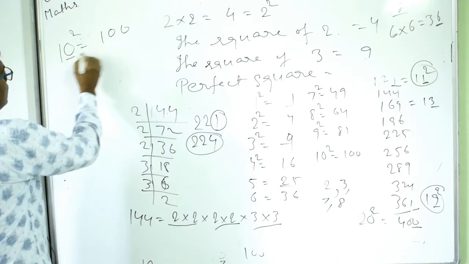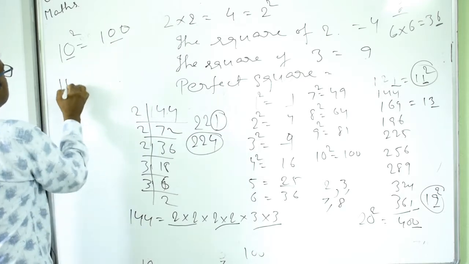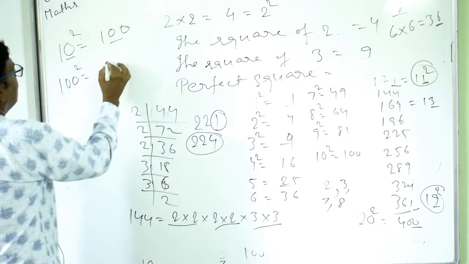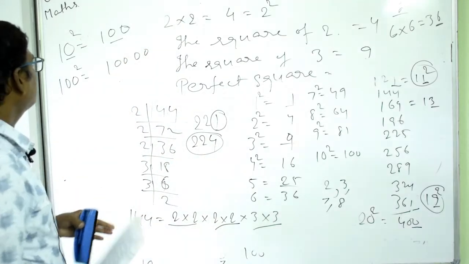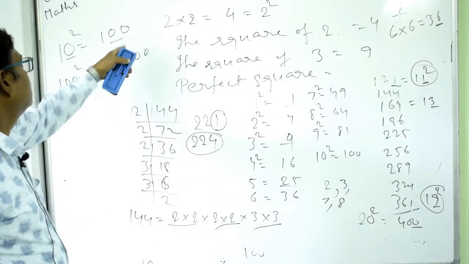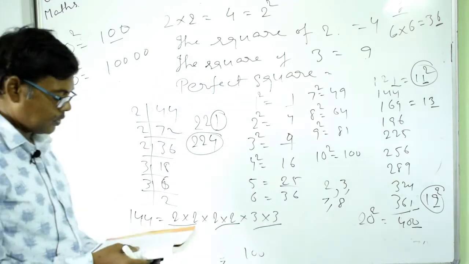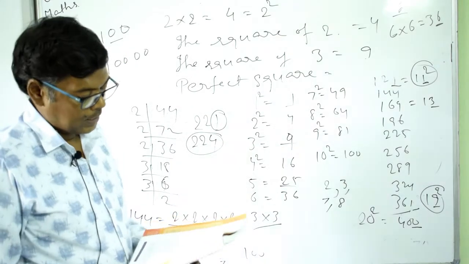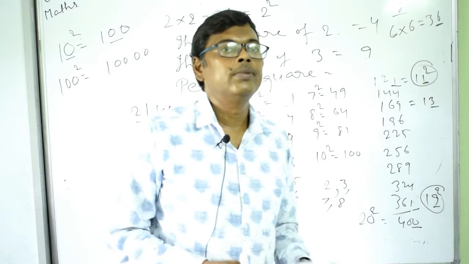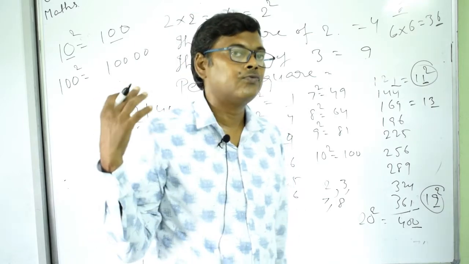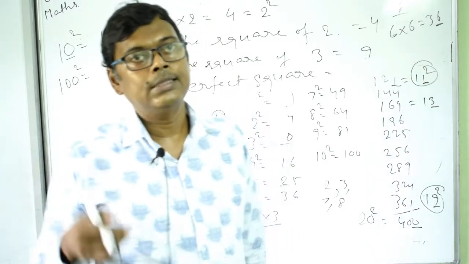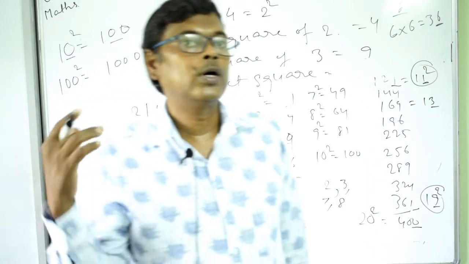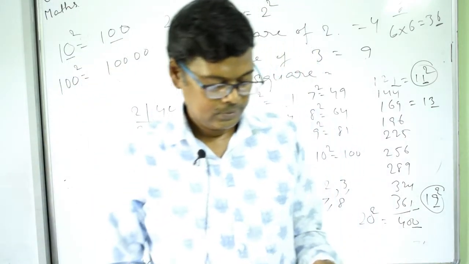So if 10 is there, you get one pair, and if there are 2 zeros, then you will get 4 zeros in this case. So the zeros will always come in pairs in the square of a number. This is also a property. And if you have any number ending with 5, then when you square the number, you will get an answer in which the ones place digit will also be 5.